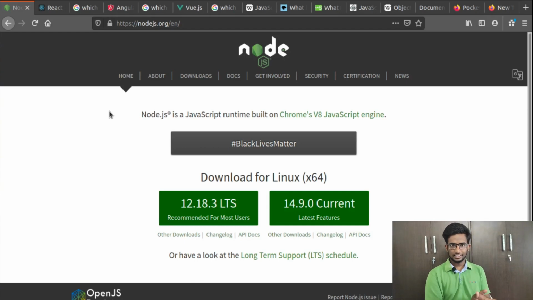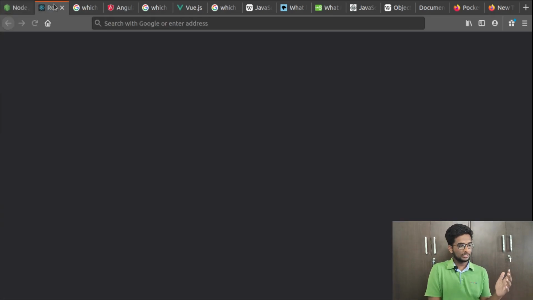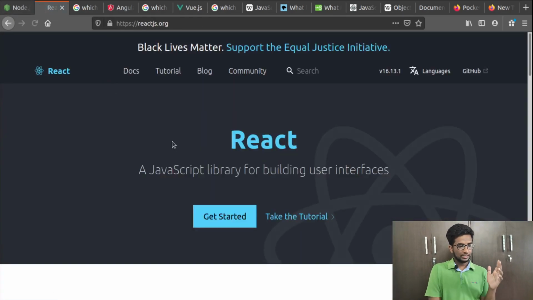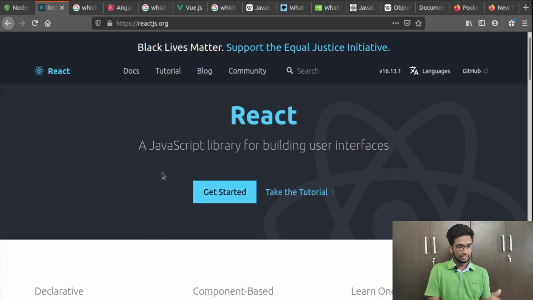JavaScript has evolved a lot. Most recently, everyone has been working on React. It is a JavaScript library developed by Facebook, with wide acceptance and a wide range of users.